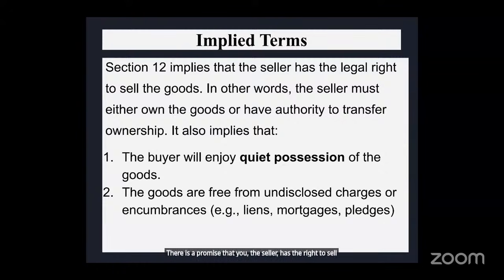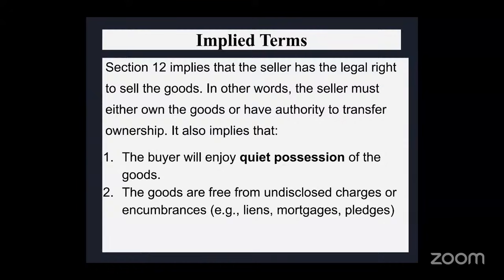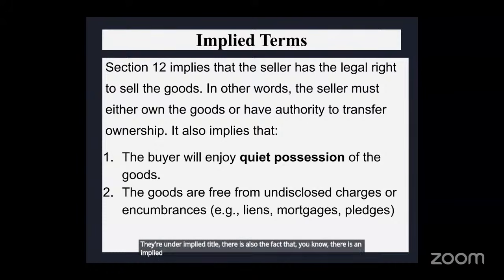And if you do not have the right to sell, the other party, the innocent party, can terminate the contract and also can ask you for damages. In fact, if you don't have the right to sell, you've breached that contract. Then under implied title, there is also an implied warranty,